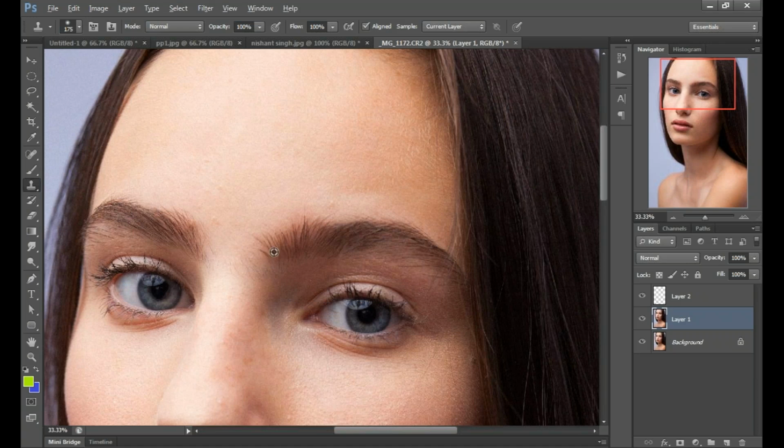If you are using Photoshop currently, you can press the Alt button, and now we have the clone source in our mouse pointer. You can see I've taken the sample with the Alt key, and now I have a clone source.